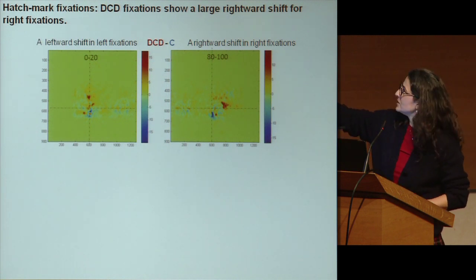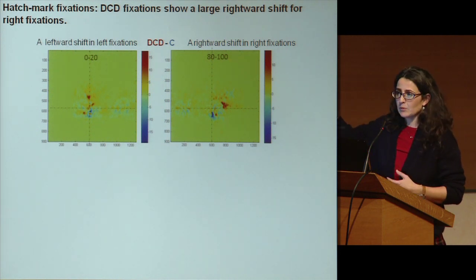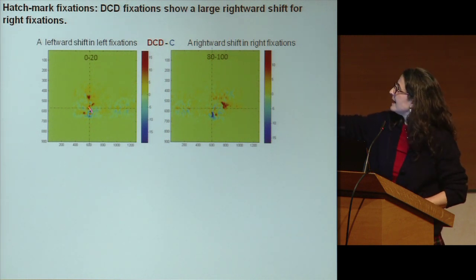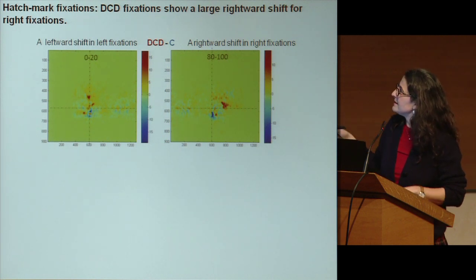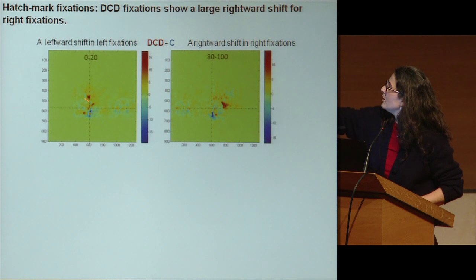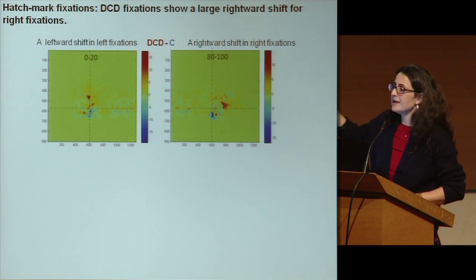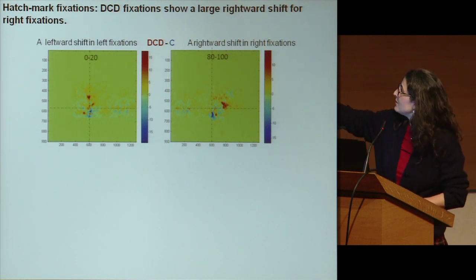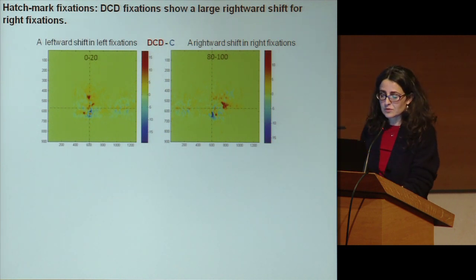Here, for illustration, I just plot the hatch marks that fall in the 0 to 20 or 80 to 100 range, but I will show you the performance in all the positions. The crossing of these two lines is the position of the hatch mark. You can see that dyspraxic children, in red, look more time away, especially above the hatch mark, and they have a bias toward looking more to the right side of the hatch mark compared to the control, even though this pattern of fixation more to the right of the hatch mark is present also in controls.